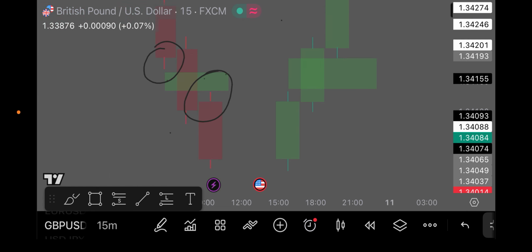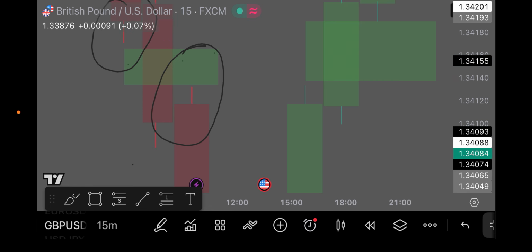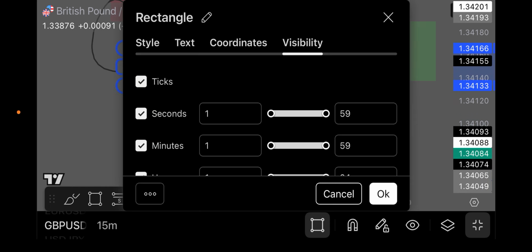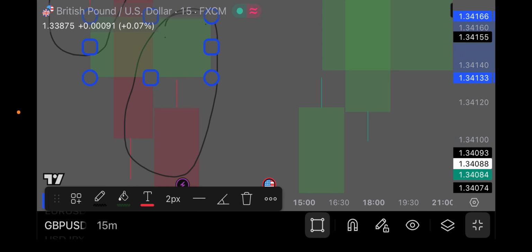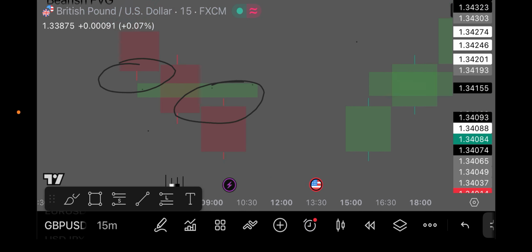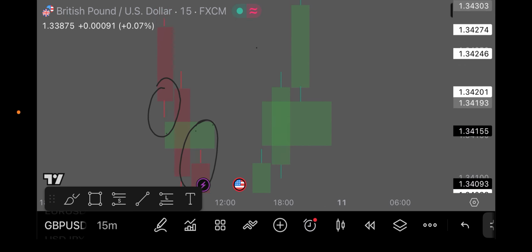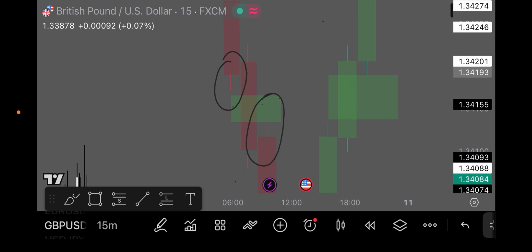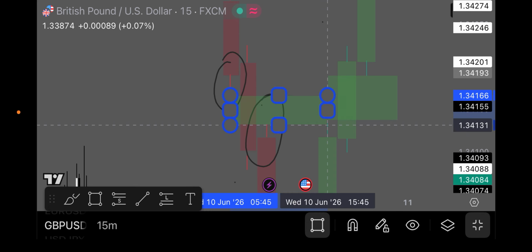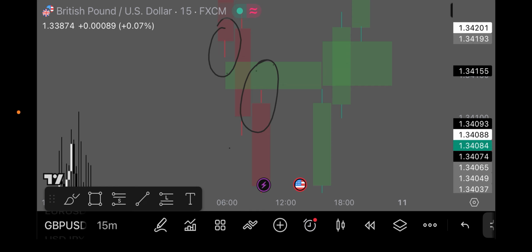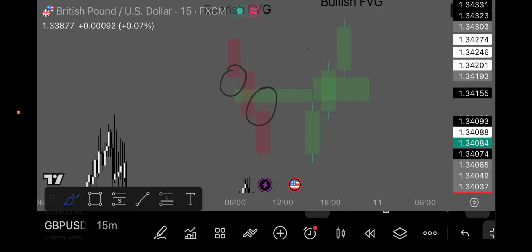Markets often respect these gaps in the market, when price is moving. So let me show you what it means by markets respect it. Let me mark it out longer so you understand. For this bearish fair value gap, this one here,